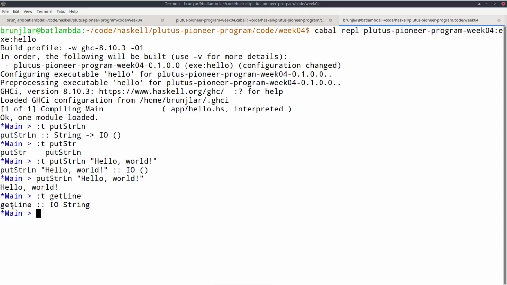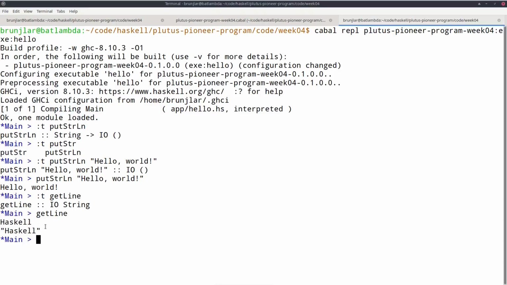So if I execute getLine in the REPL, now it waits for keyboard input, and if I enter something like Haskell and press enter, then I get the result, so the string result, which is the string Haskell.